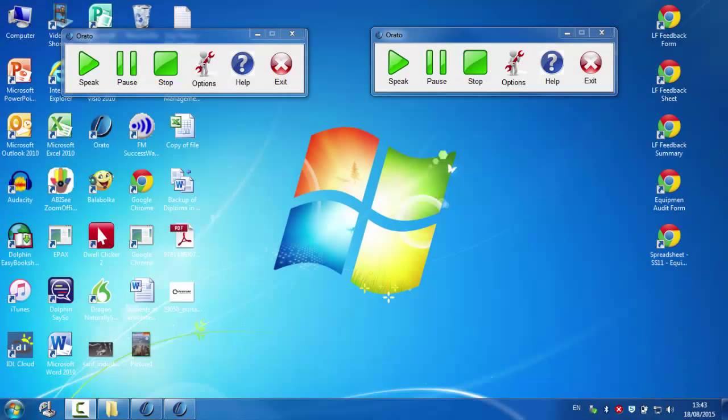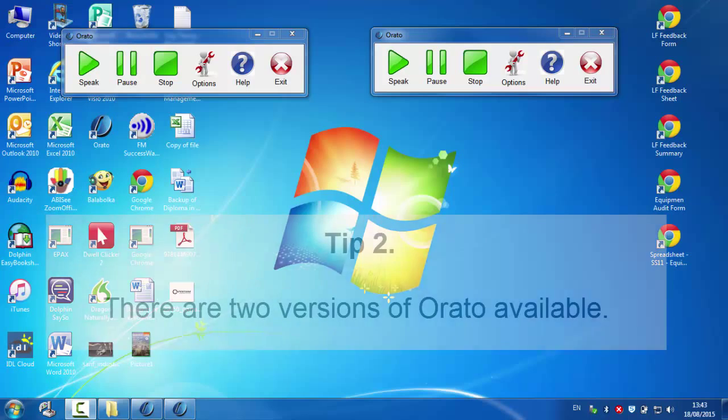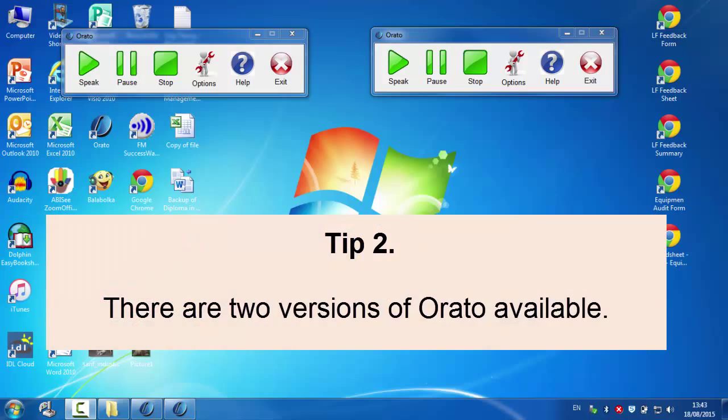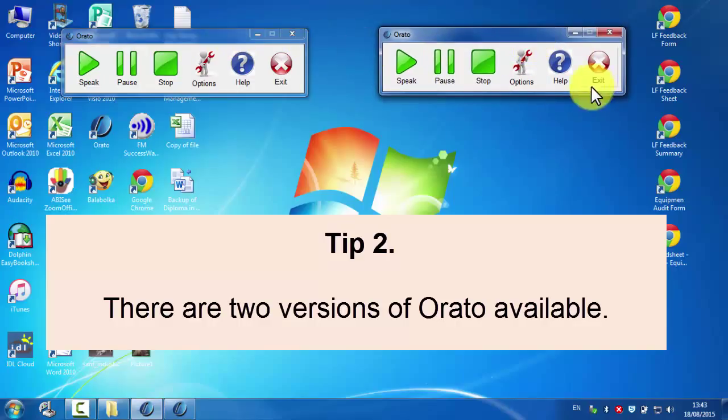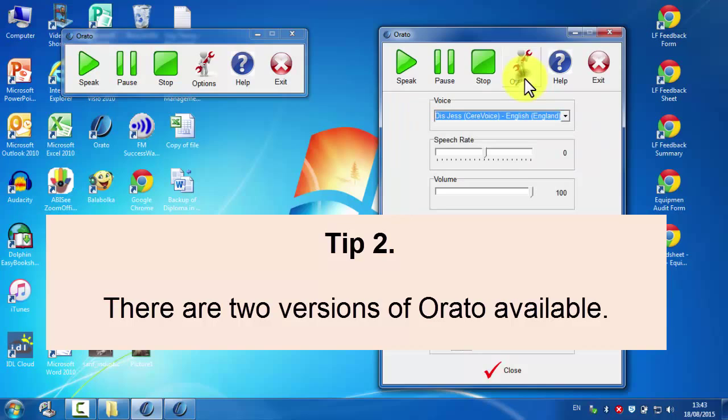Okay, the next thing that it's worth being aware of, just as a little tip, if you're going to use Orato, is that there are actually currently 2 different versions of the software that are available. And I'll show you the major differences here now. So if I show you the one that we've got on the right here, you'll see that if I open